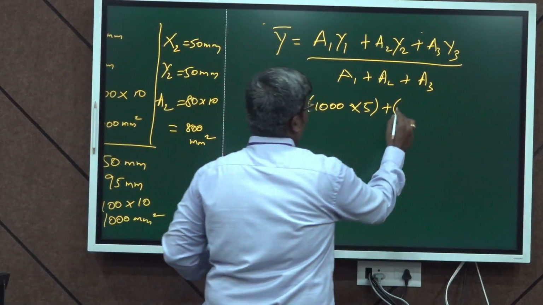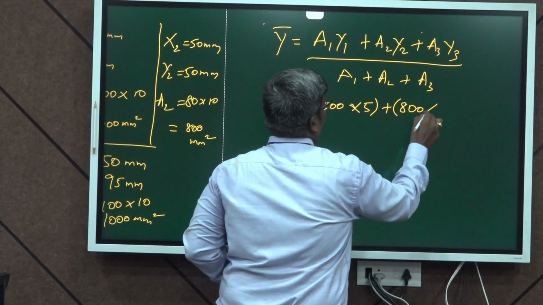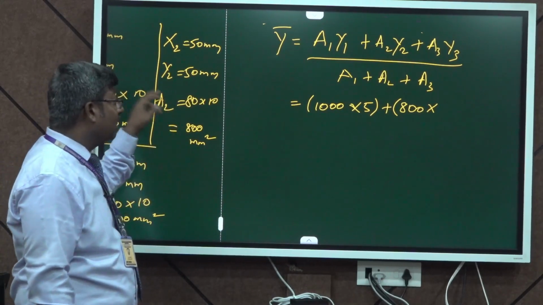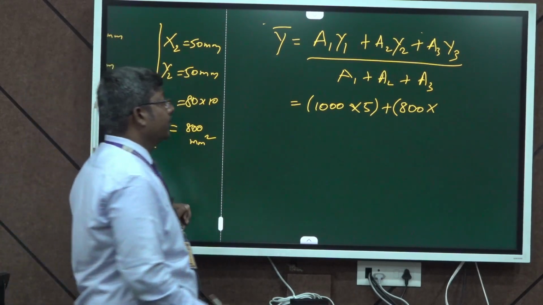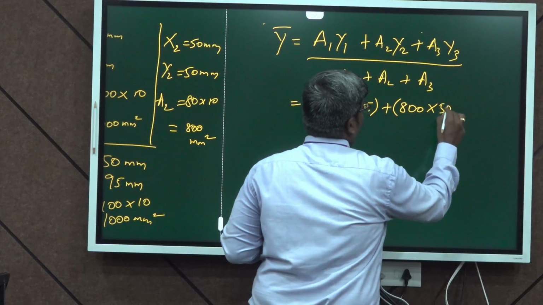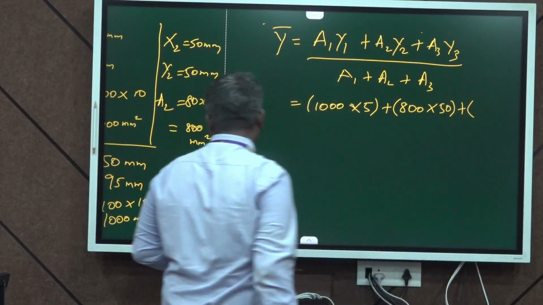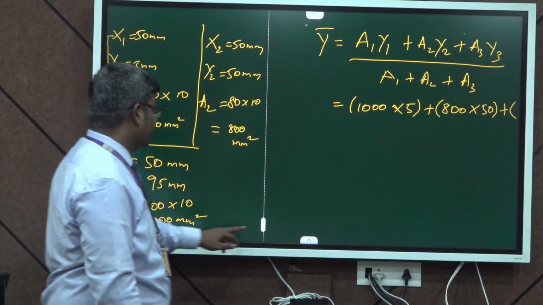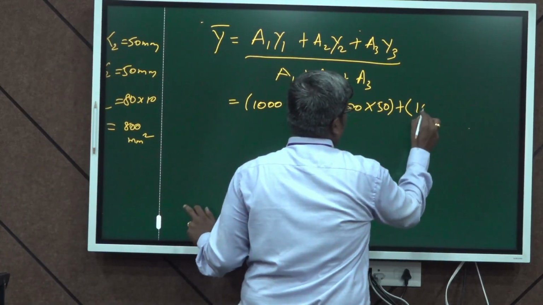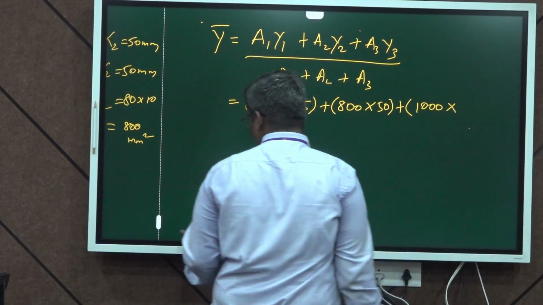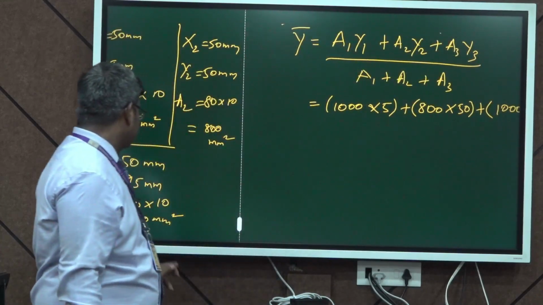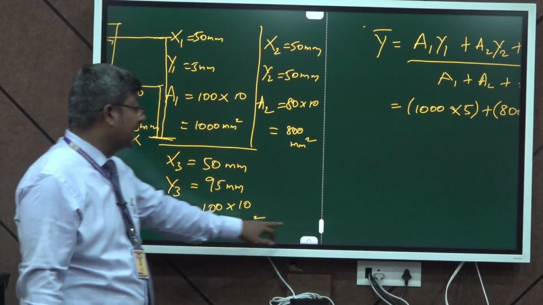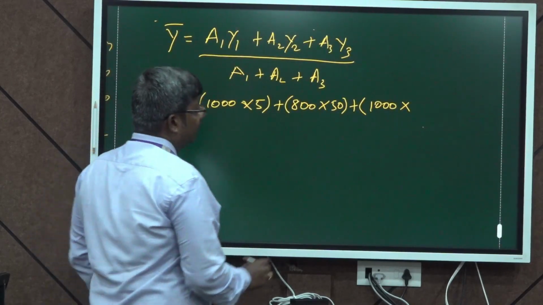So, substituting A2 as 800 and the y2 value, that is the center of gravity about the y axis for the second portion, that is 50 mm. So, I am substituting 50 for y2 plus A3, that is the area of the third portion, also 1000 millimeter square. So, substituting A3 as 1000 and the y3 value. Y3 is nothing but the center of gravity of the third portion about the y axis, that is 95 mm, which we have already calculated,